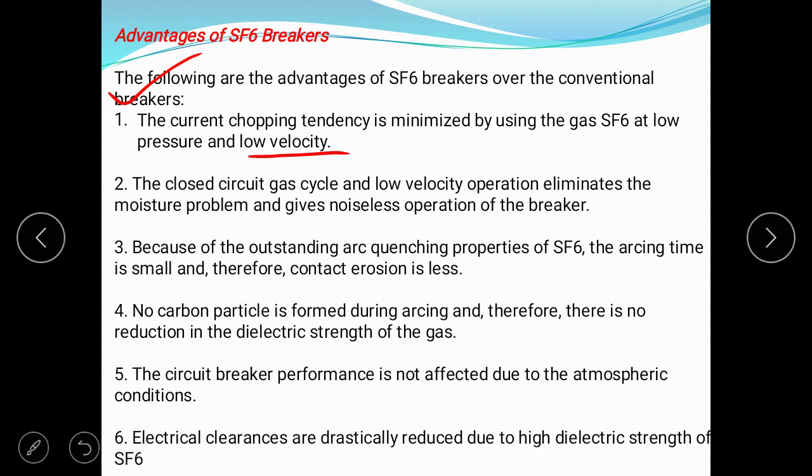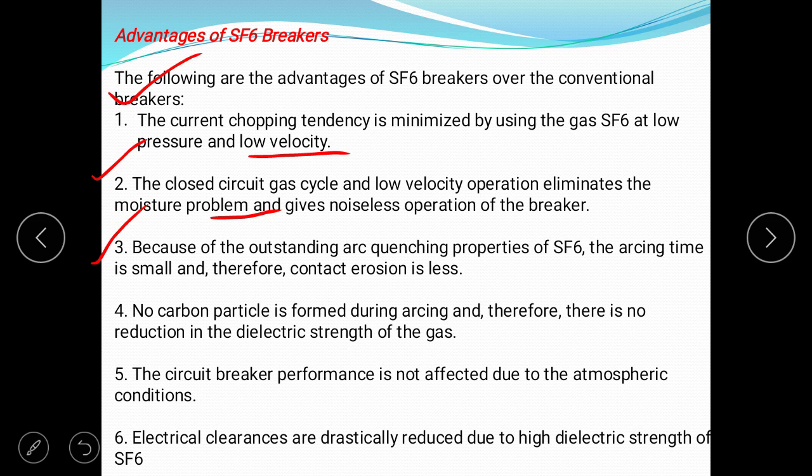Second, the closed circuit gas cycle and low velocity operation eliminate the moisture problem and give noiseless operation of the breaker. Third, because of the outstanding arc quenching property of SF6, the arcing time is small and therefore